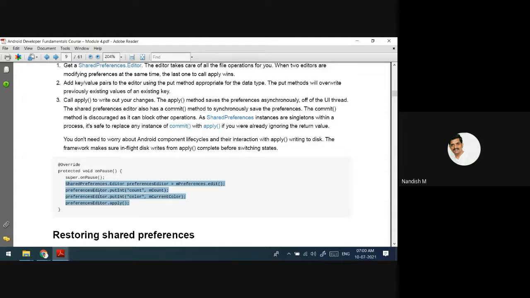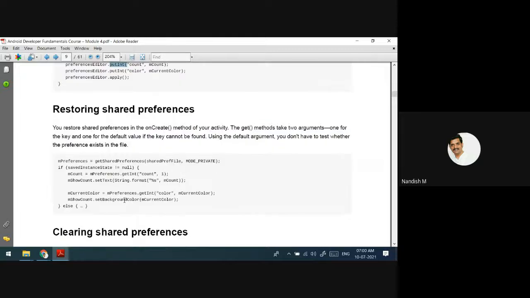Okay. Now what we have done is two pieces of information we have stored in one preference. Wherever we want, we can get that value. Here it is putInt. We have a function called getInt. myPreference.getInt. If you give the color, then you will get that particular color. Then that color you can use somewhere.